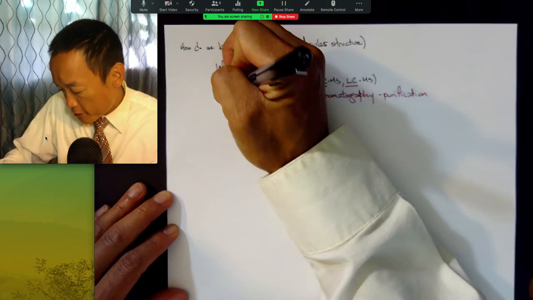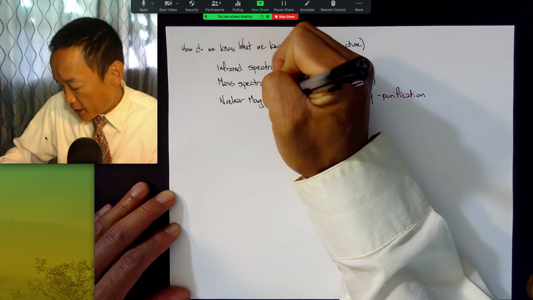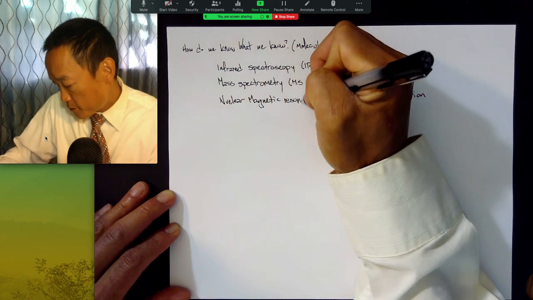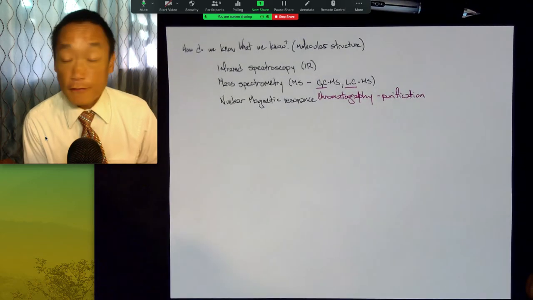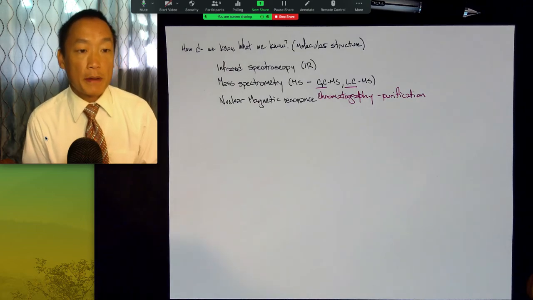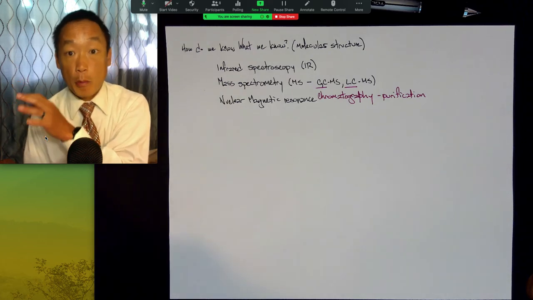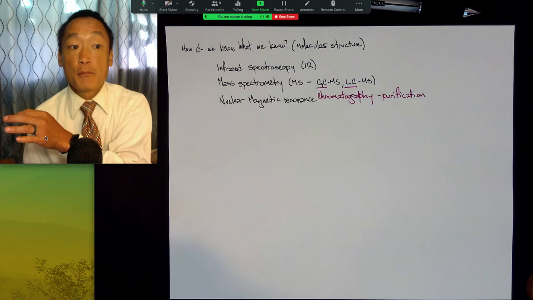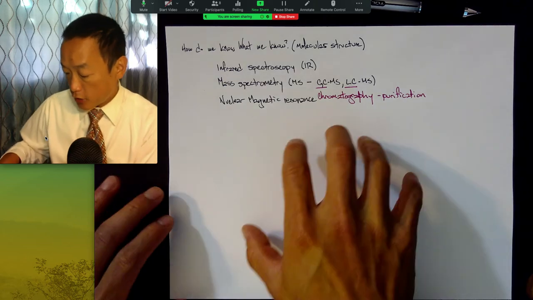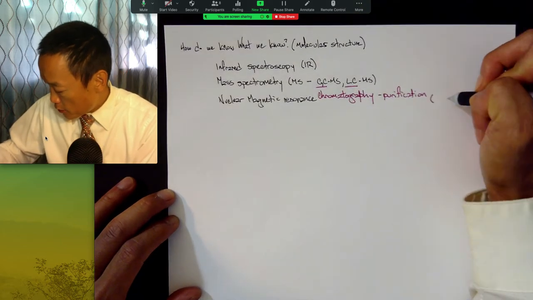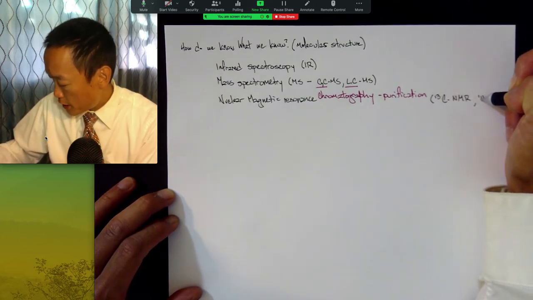And then the other one that we'll start talking about tomorrow is nuclear magnetic resonance. And that is some powerful, powerful stuff. And you've already been introduced to this stuff, but we're going to be going back into what is the instrumentation, how does the instrumentation work, how does it produce the chromatogram or spectrum that you're looking at, and then moving forward from that, how do you actually analyze that spectrum to move forward. And so these are the techniques, and I'll just write here. We'll be looking at 13C NMR, and we'll also be looking at proton NMR.